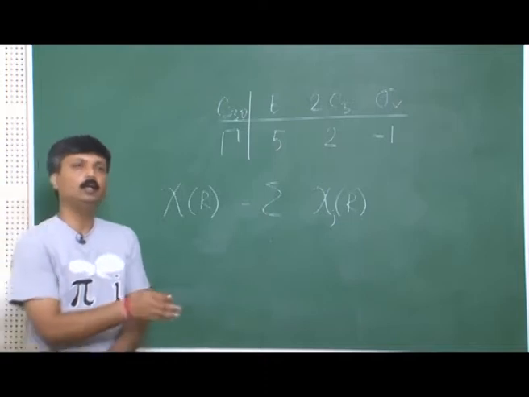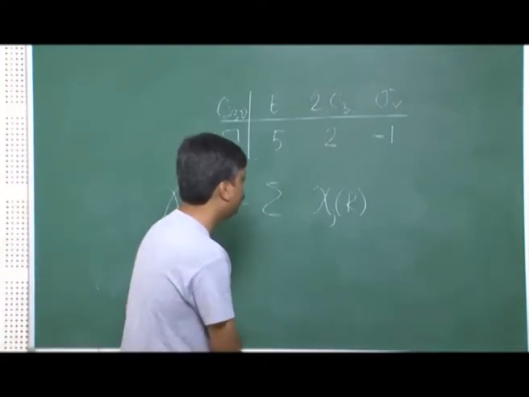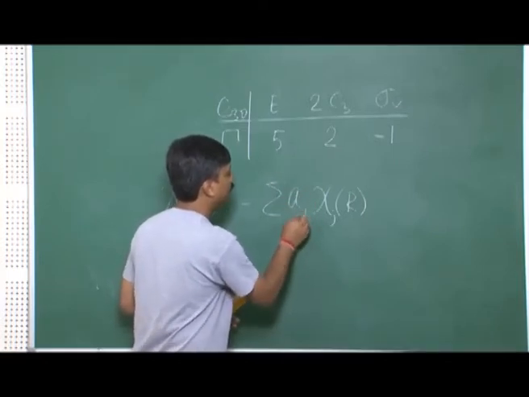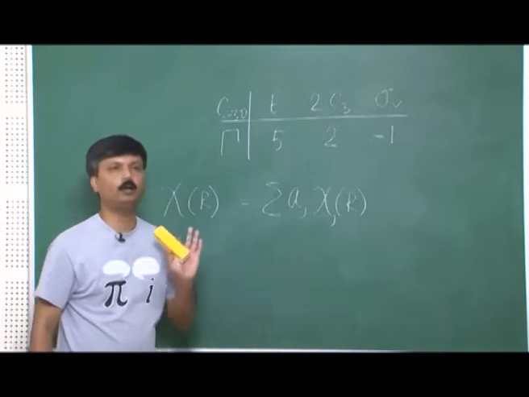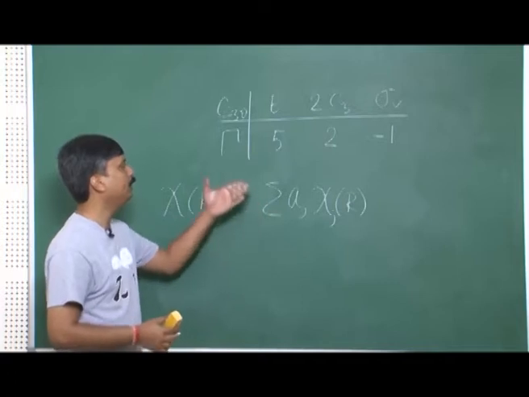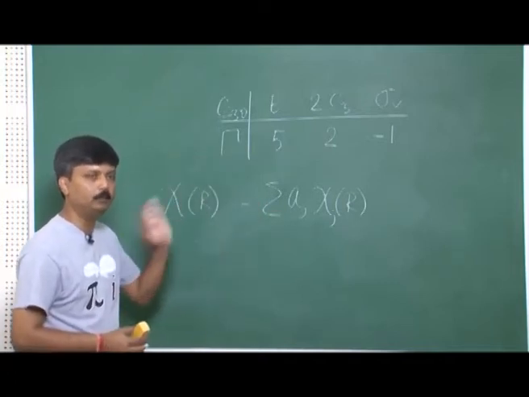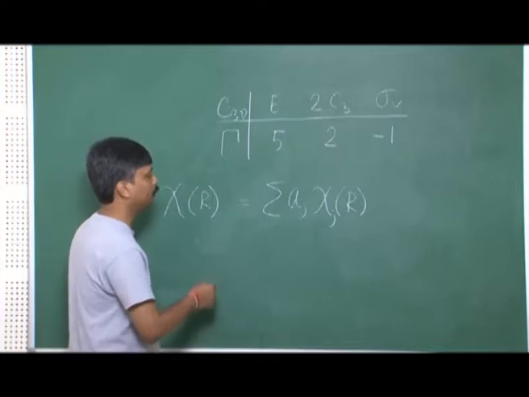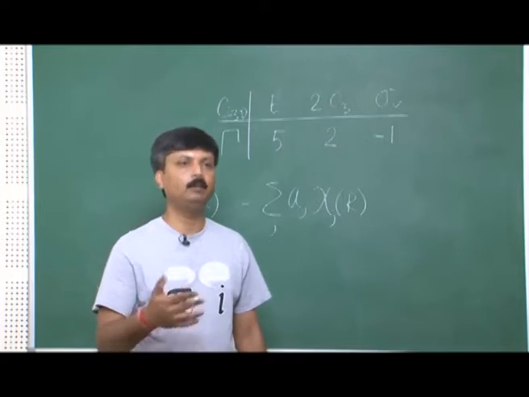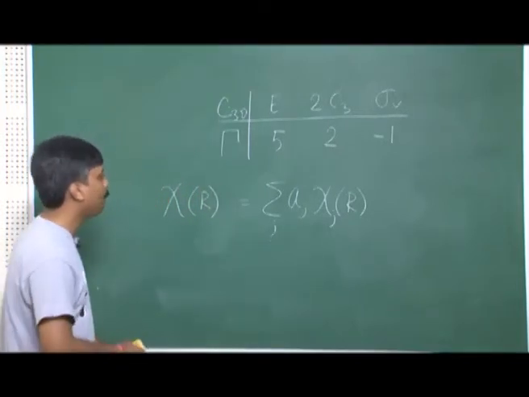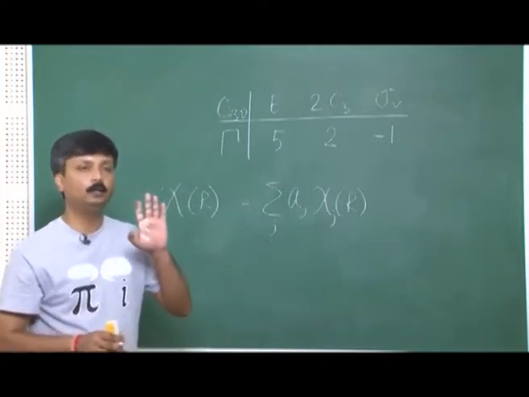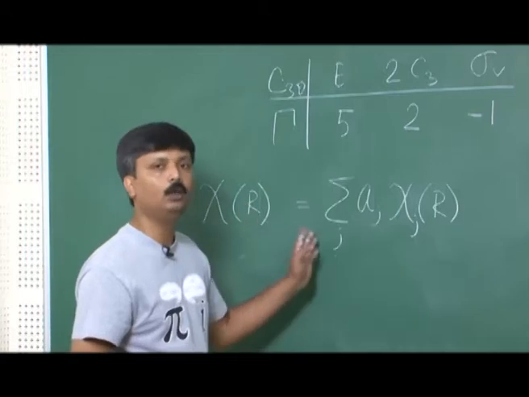Suppose I am worried about any jth irreducible representation, then I may have some particular number. So suppose I call it Aj. So Aj number of jth IR will appear in my reducible representation when I reduce it, and so there will be several irreducible representations. So j can be 1, 2, 3, whatever. Okay, so I can have this relation, because the character of the matrix does not change on the similarity